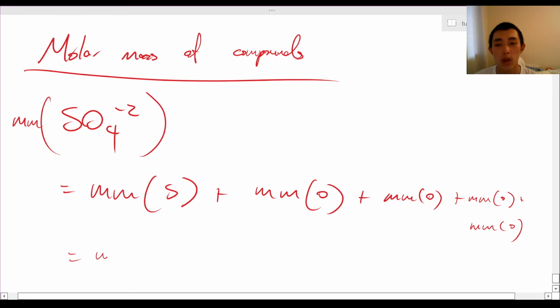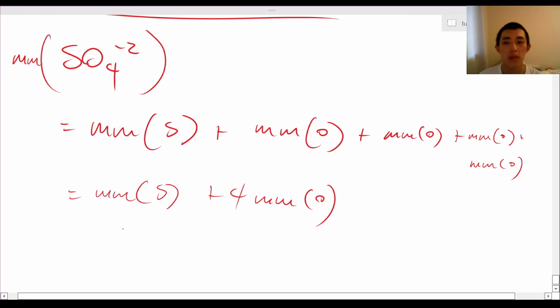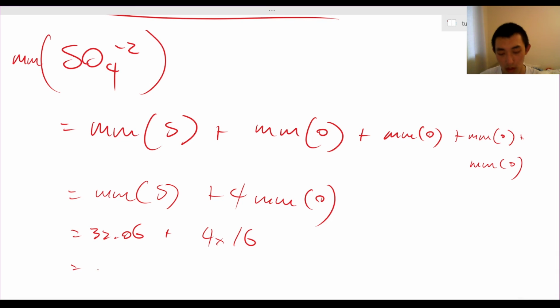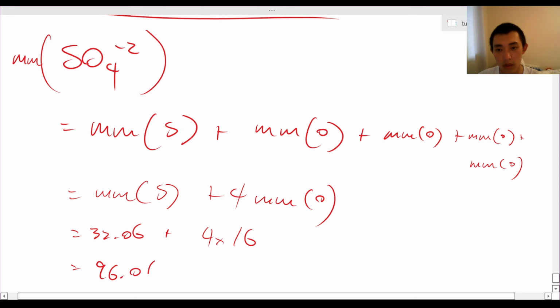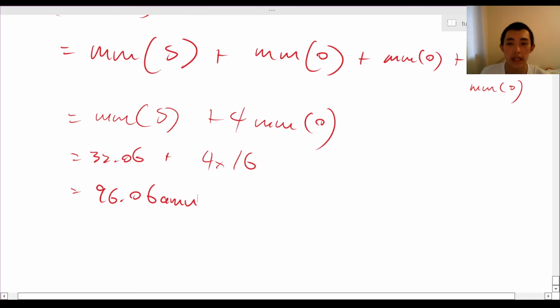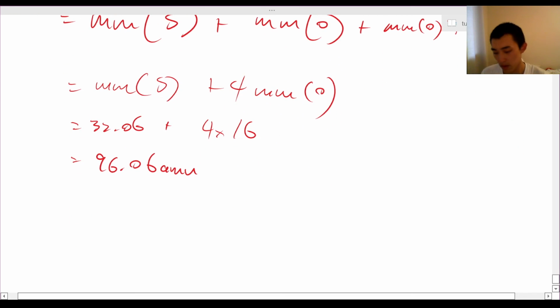In other words, it's the molar mass of sulfur plus 4 times the molar mass of oxygen, which gives me 32.06 plus 4 times 16, which is going to give me 96.06 AMU. Let's have a go at this. So what is the mass of